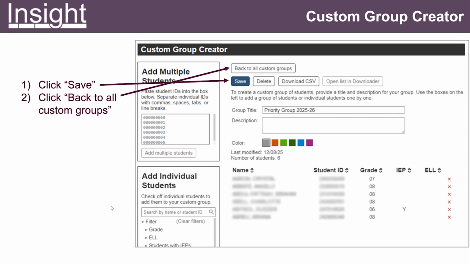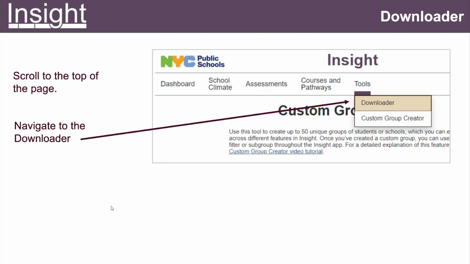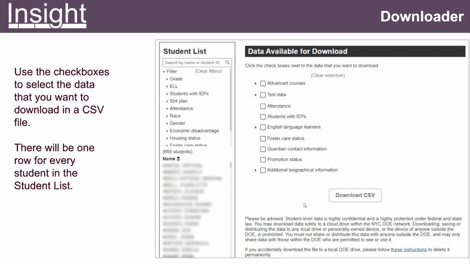Okay, I think I covered the customer group creator part. Next thing I want to mention is the downloader. This is the school downloader. It falls under tools. The name is very obvious. It allows you to download multiple data for students. So this tries to solve the issue people mention: I want to see the data together, but it requires me to download different spreadsheets from different systems. So we try to put as much available data together for you.